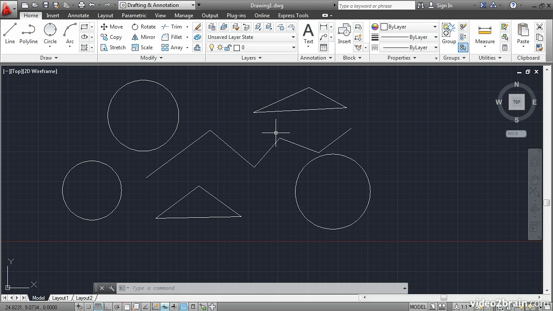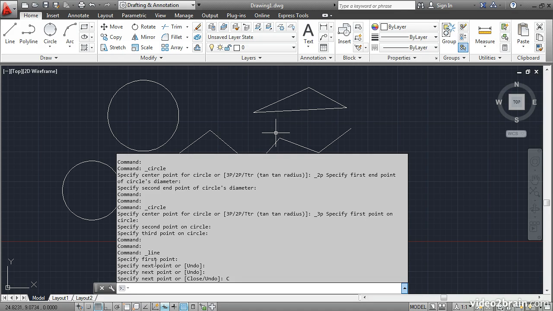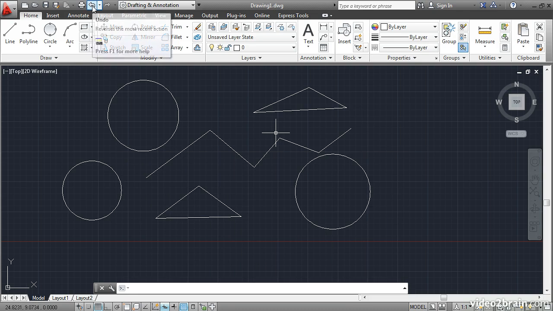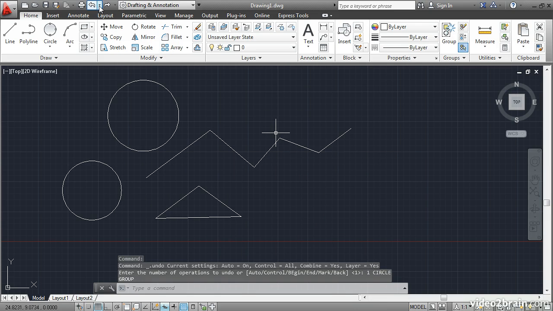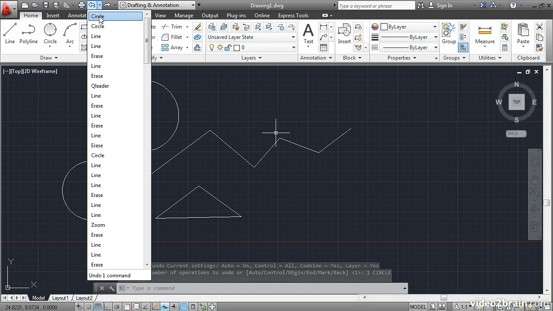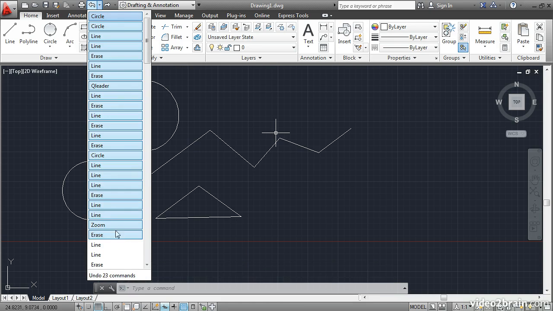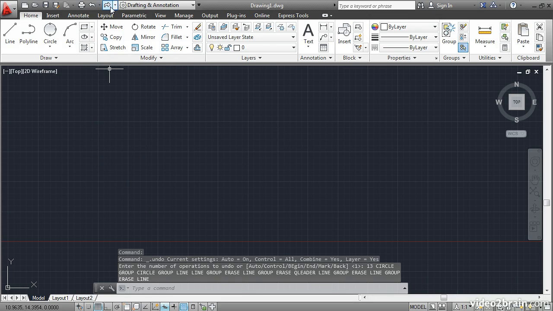Commands have a history that you can access by pressing the F2 key. You can see that this is a list of the different commands that I've just issued, and I can go back through this history using the undo command here. Each time I click, I go back a step. There's an arrow next to the Undo tool where you can see a whole list of all the history that I've done so far. I can go back to this point, or I could redo,